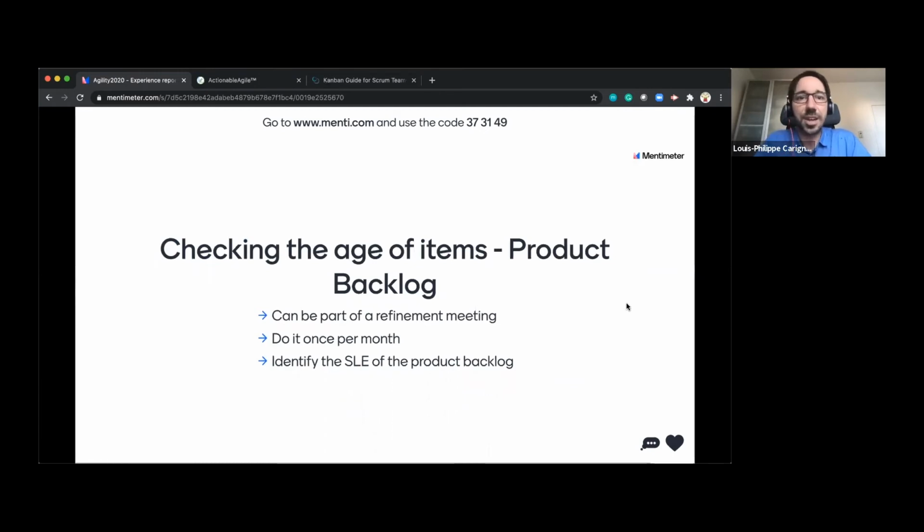I don't think the jury is out yet on if there's value of looking at the SLE, but I find it's interesting to see with your product owner and maybe your business people, does it make sense that I have maybe a 50 days, 85% of the time or less, SLE for product backlog items? Or is it even higher than 50 days? Is it 90 days or less, 85% of the time? Does that make sense as a business, to have things move really slow in your product backlog, and then ask your development team to go really fast on those items? So that could be another conversation you can have with your product owner and your business people.